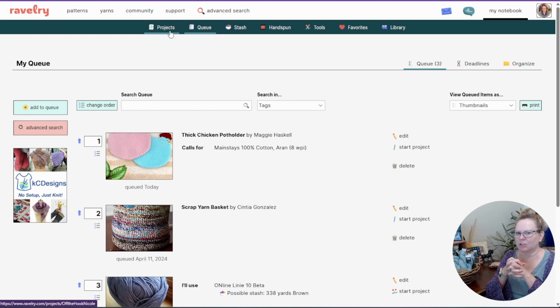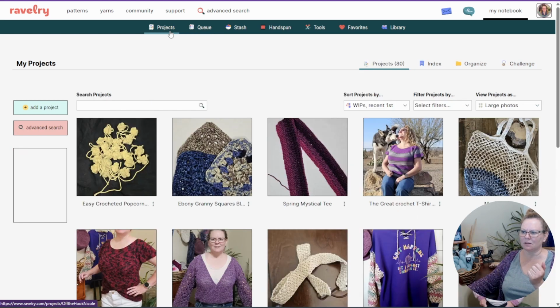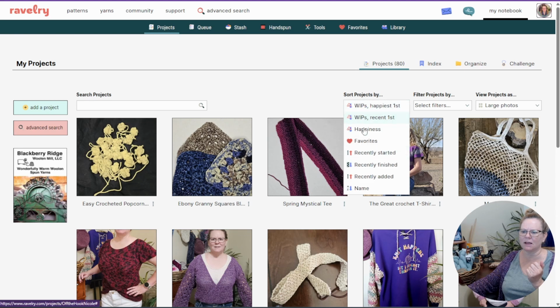So what tips do you have? How do you manage your projects? I know a lot of people just use books because they're more paper pencil oriented, and there is absolutely nothing wrong with that. I just prefer digital because I change things all the time, and I want to cross-reference information. So I don't want to have to look through a book and say, okay, let me count how many projects I've done. Being able to have it digitally, I can just look and say, let me hop over here. I have 80 projects. Wait, I only want to look at the ones that I have finished. Then I can say,